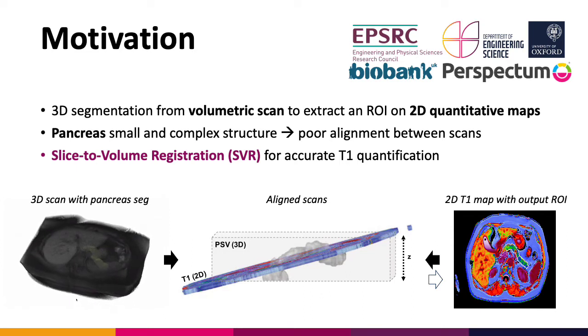Previous work on UK Biobank has used the pancreas segmentation from a volumetric scan to extract a region of interest, ROI, on a 2D quantitative map from a different scan, acquired during a separate breath hold. The small and irregular structure of the pancreas means that only small differences between breath holds can cause poor organ alignment between scans, which in turn leads to quantification errors when using this approach. In this work, we propose slice-to-volume registration with multimodal similarity for aligning these two scans and producing accurate T1 quantification